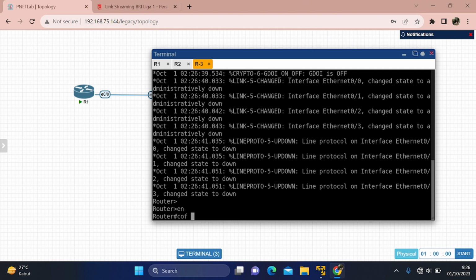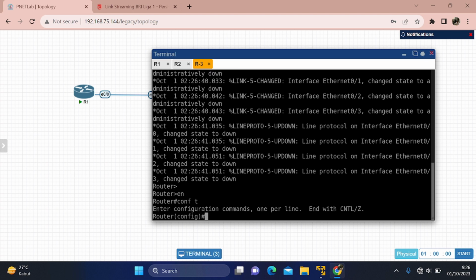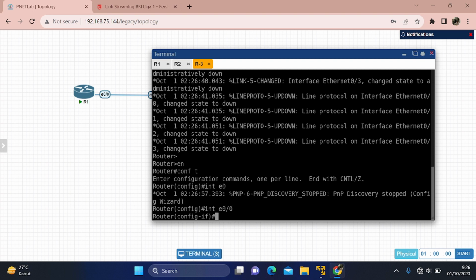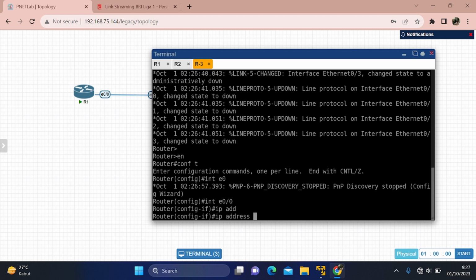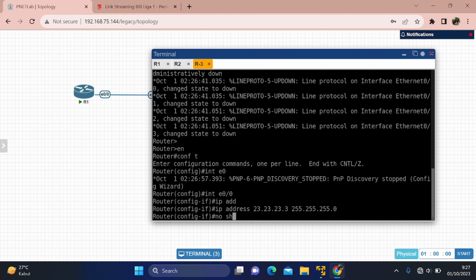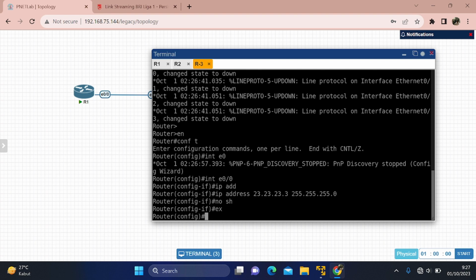Enable, configure terminal, interface fa0/0, IP address 255.255.255.0, no shutdown and exit.